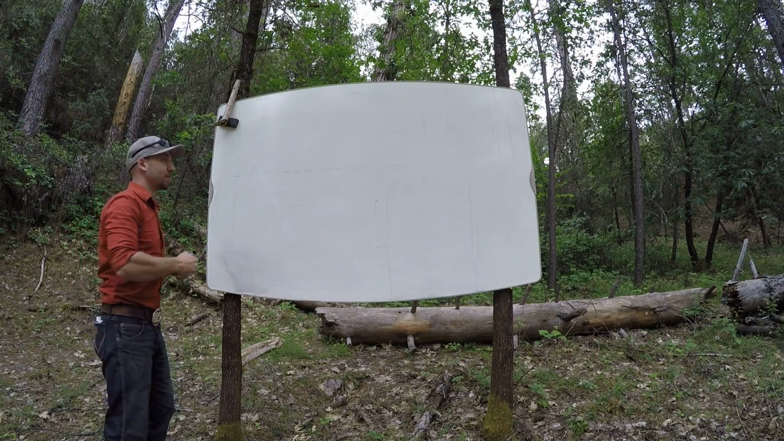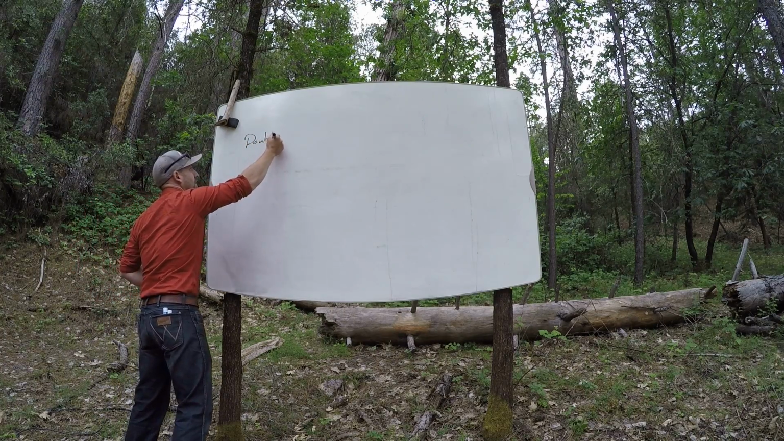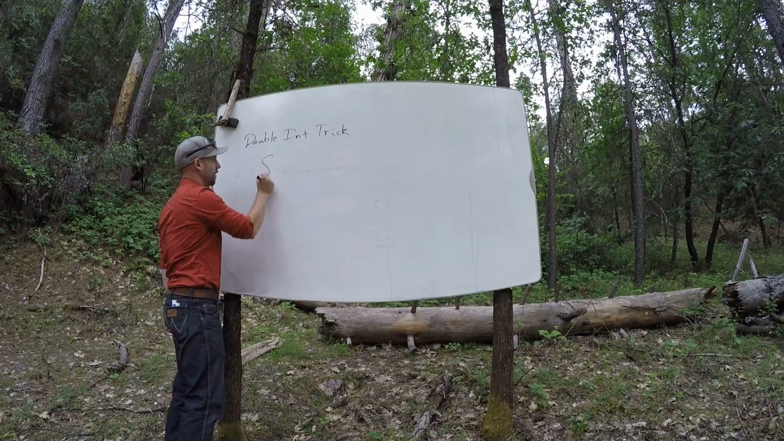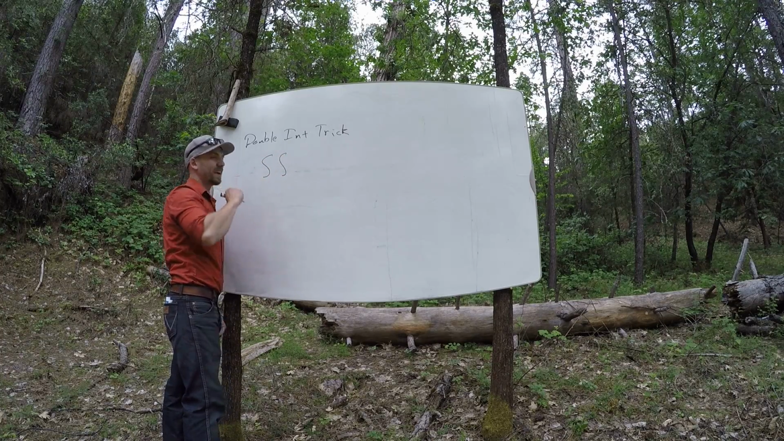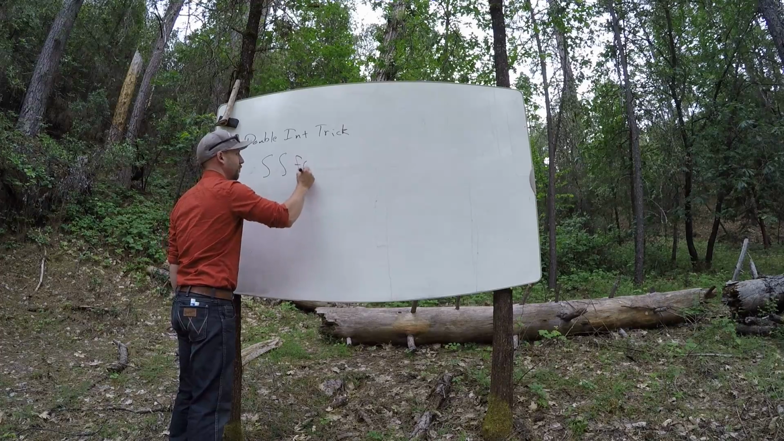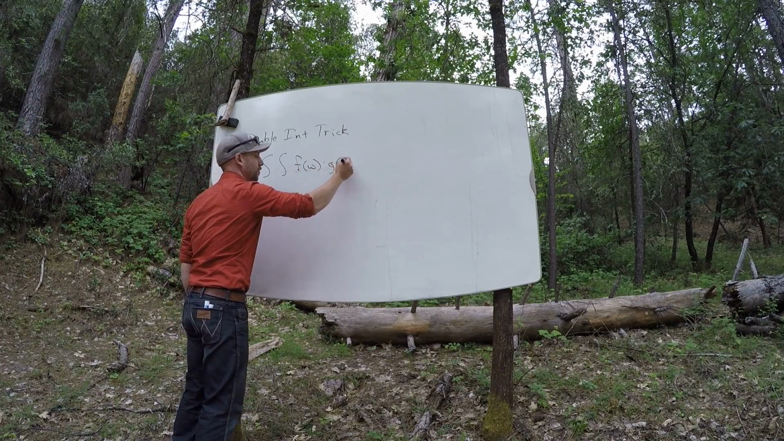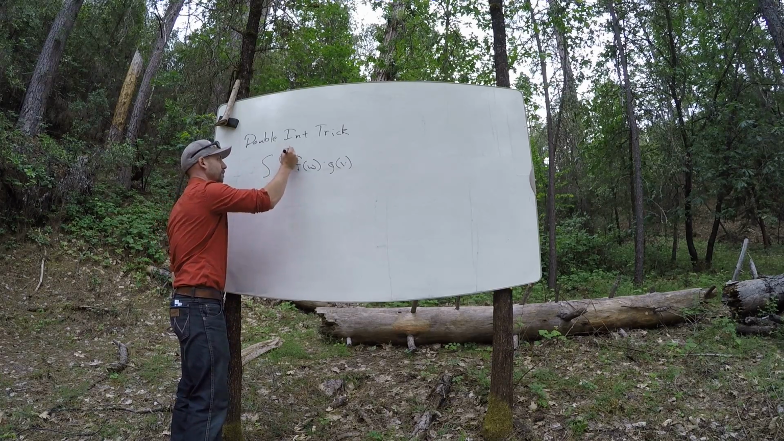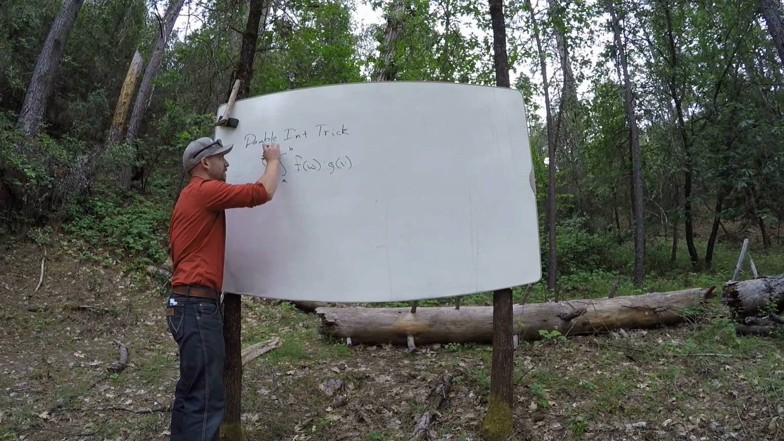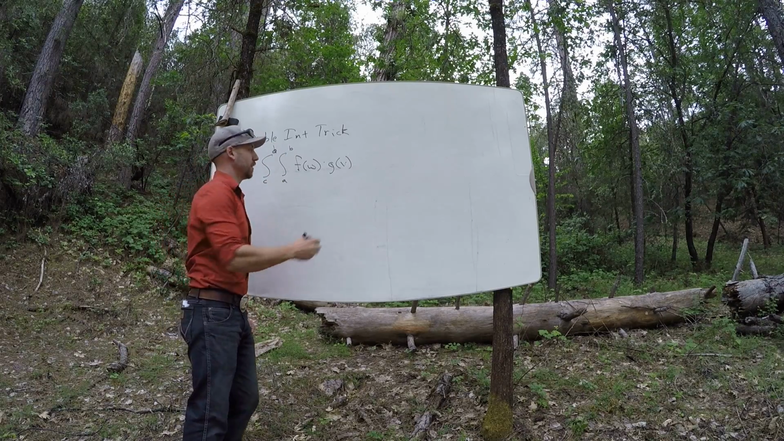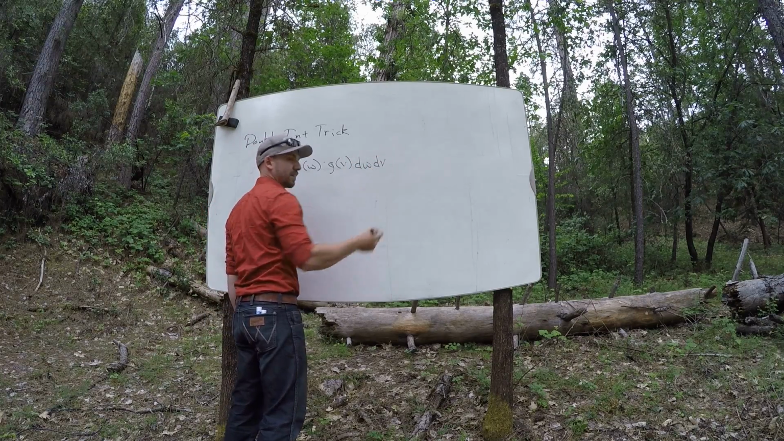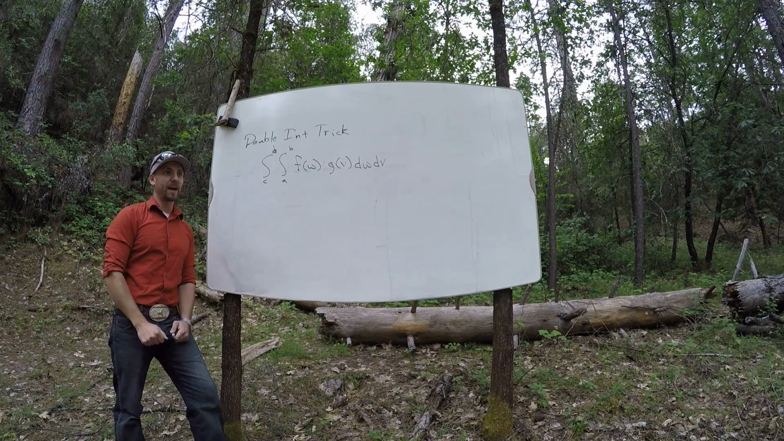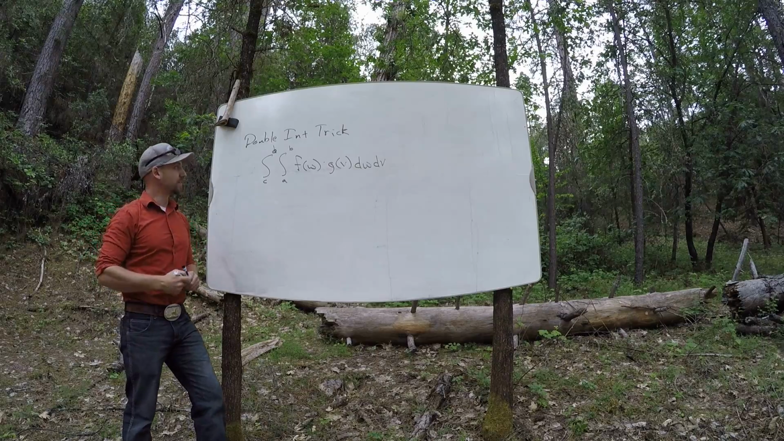Okay, so let me summarize the double integral trick. This works when you have an integral of some function of one variable times some function of another. Say I have a double integral, a to b, c to d maybe, of f of w times g of v dw dv, right? If you can factor things like this, you can look at it and say: